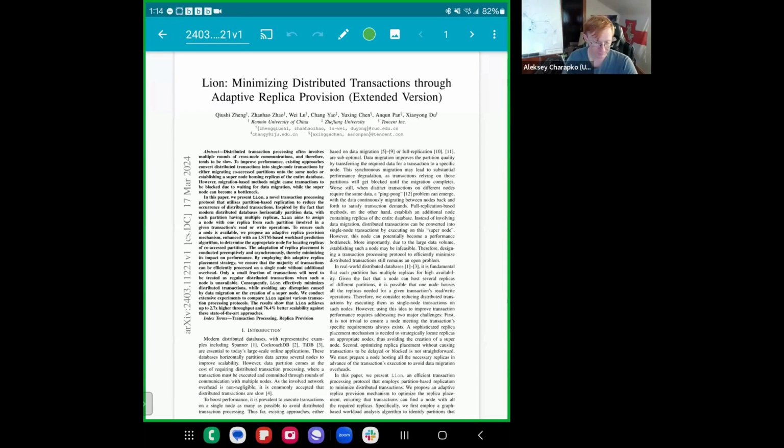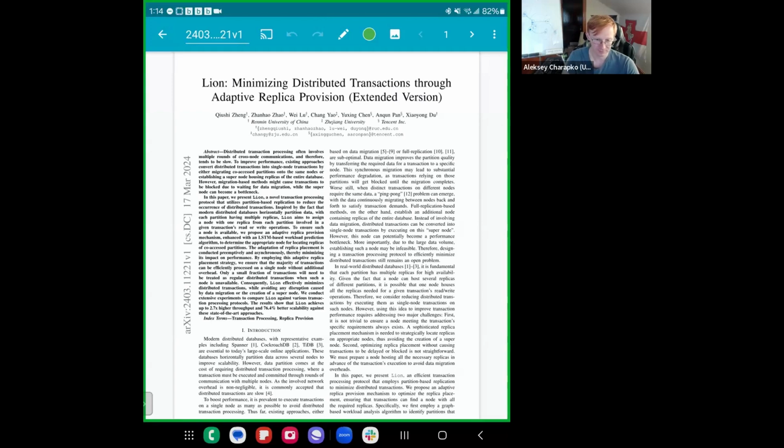This is somewhat an interesting paper, but as I said, I may not necessarily agree with everything that this paper is trying to do, right? So this is a transaction paper, a distributed transaction paper, right? And the basic idea, the premise of this paper, is to try to minimize the distributed transactions,